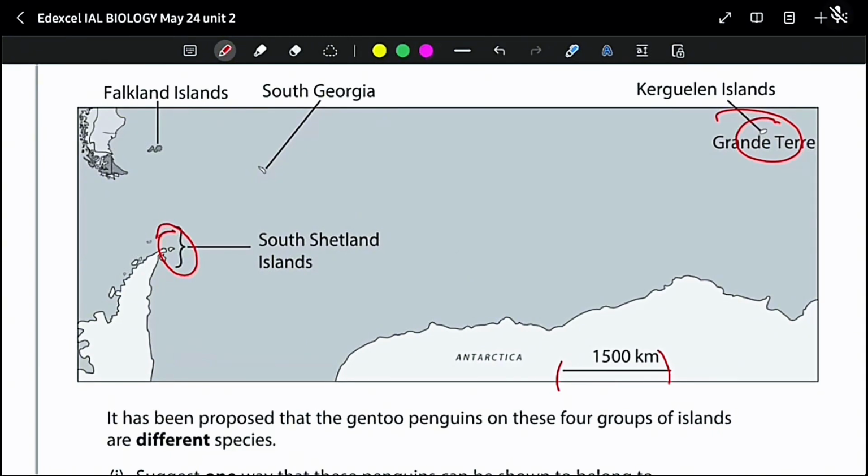And that's why the penguins with the advantageous allele that is suited to that specific island's conditions are more likely to survive and reproduce. Those beneficial traits will be passed down to their offspring and the population will be more adapted to its environment over generations. And over time, the genetic differences will increase between the isolated populations.